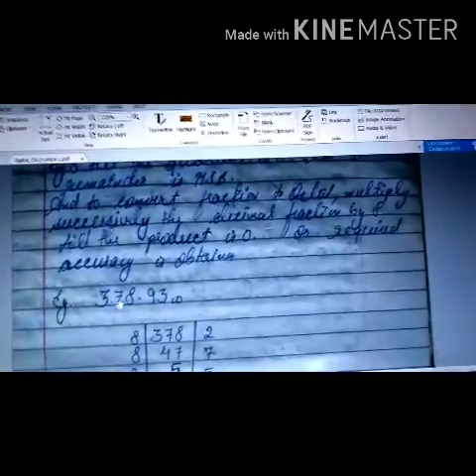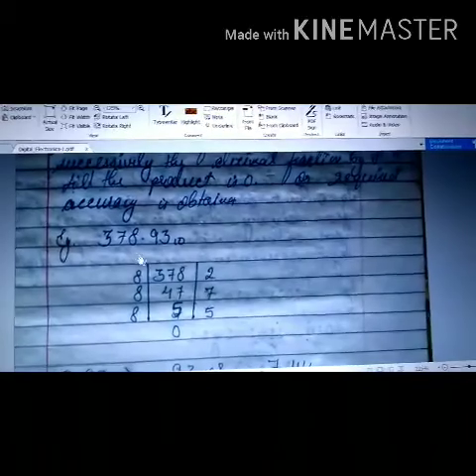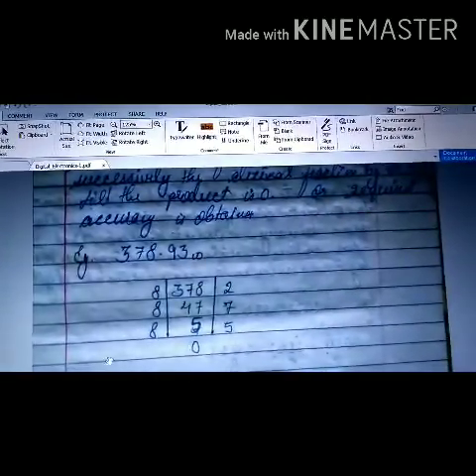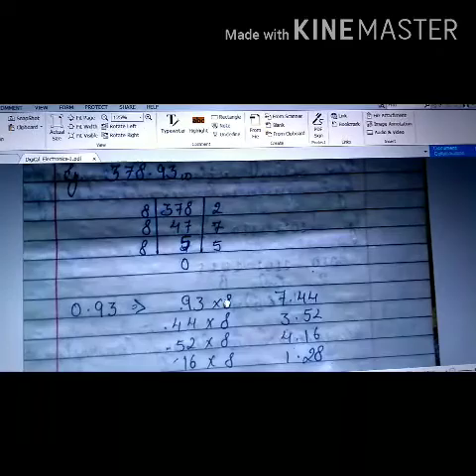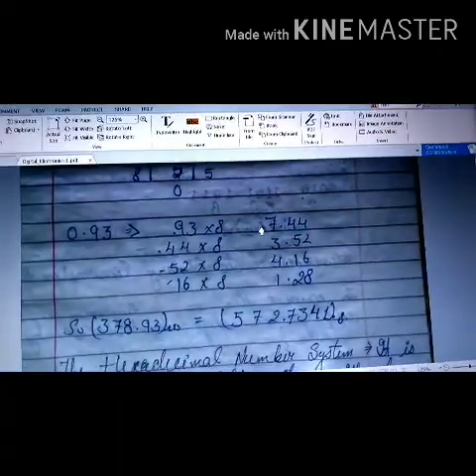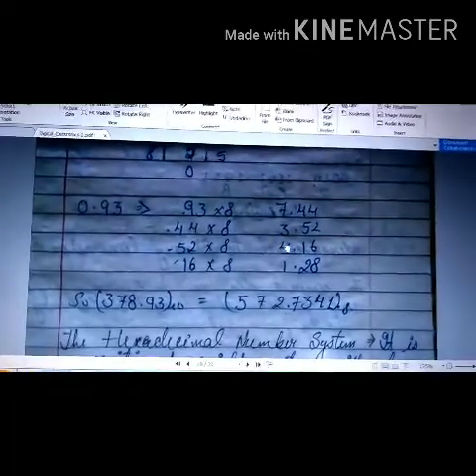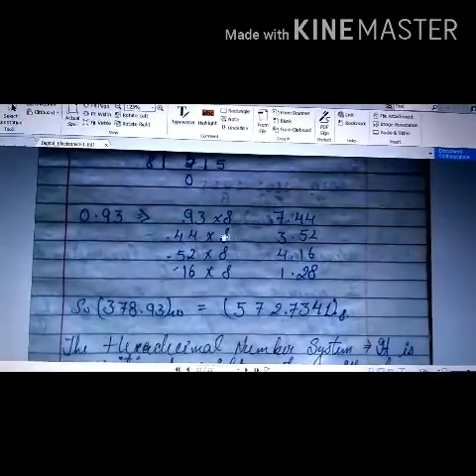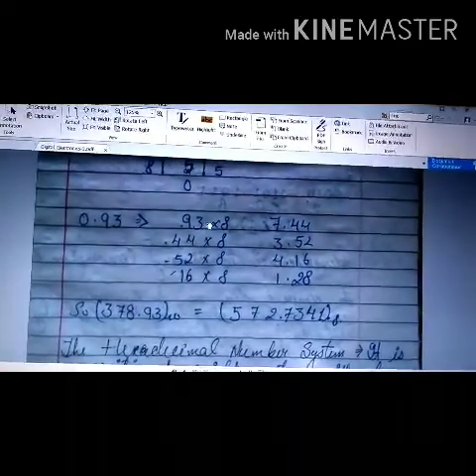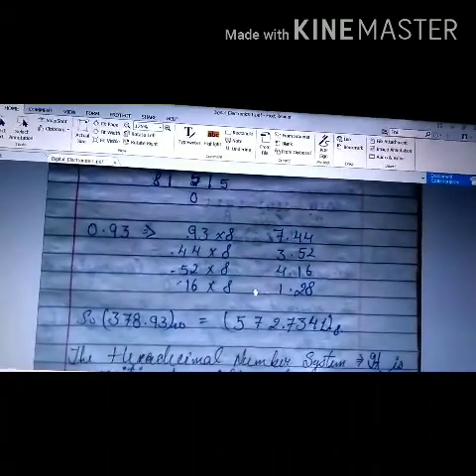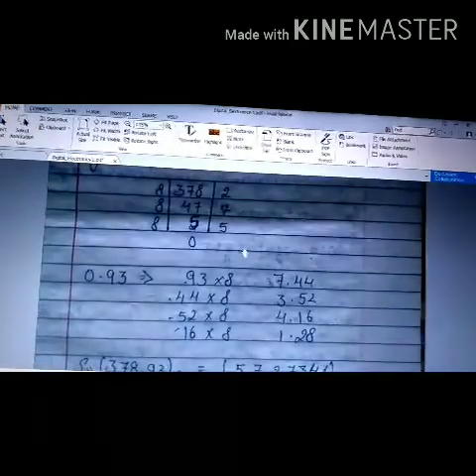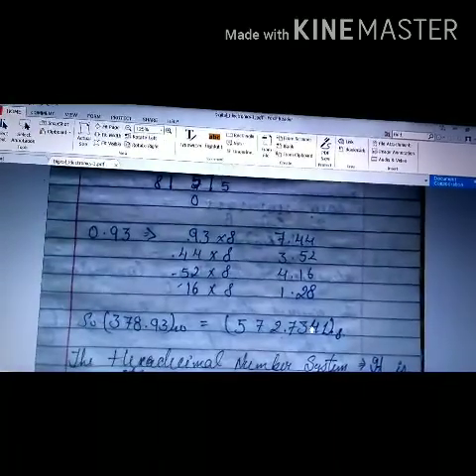So if I have a number 378.93 in decimal, I will divide 378 by 8, so I will get this number. Now we have to start from the bottom and go up. So 572 will be the answer here. And for 0.93, we will keep on multiplying by 8 and record these digits. It is important to note that the integer parts will be ignored and the decimal part will be multiplied next time. So 0.93 times 8 was 7.44, so 0.44 will be multiplied next time with 8, and so on. Again we read the integer parts from top to bottom for the fraction, and from bottom to top for the integer part. So 572.7341 will be the answer.